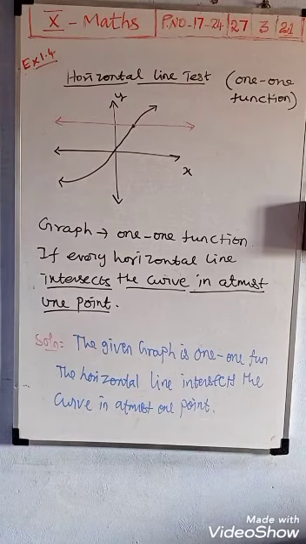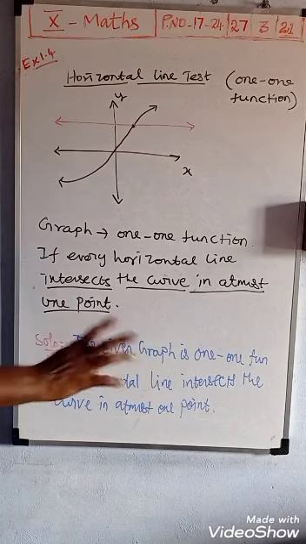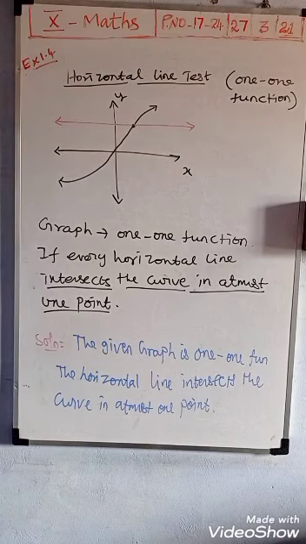Look at the example in your book, page number 20, example 1.12. The remaining two graphs you want to work out. Draw one horizontal line: if the horizontal line intersects the curve at only 1 point, it is 1-1, or else it is not 1-1. One more point of intersection means it is not a 1-1 function.